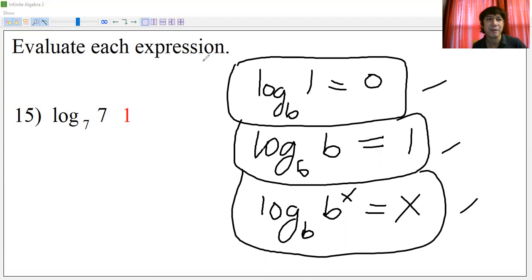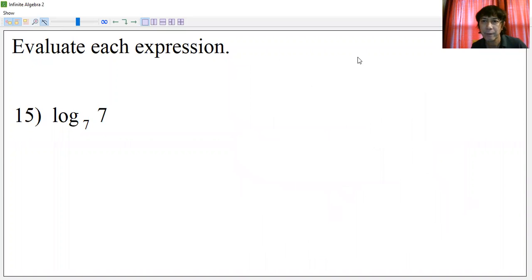Okay, all right, so let's continue with the next number. Just remember these 3, and you'll be able to transform any expression in logarithm as long as you can transform the numbers to something like this, and you will have a definite exact answer. All right, let's continue with number 16.